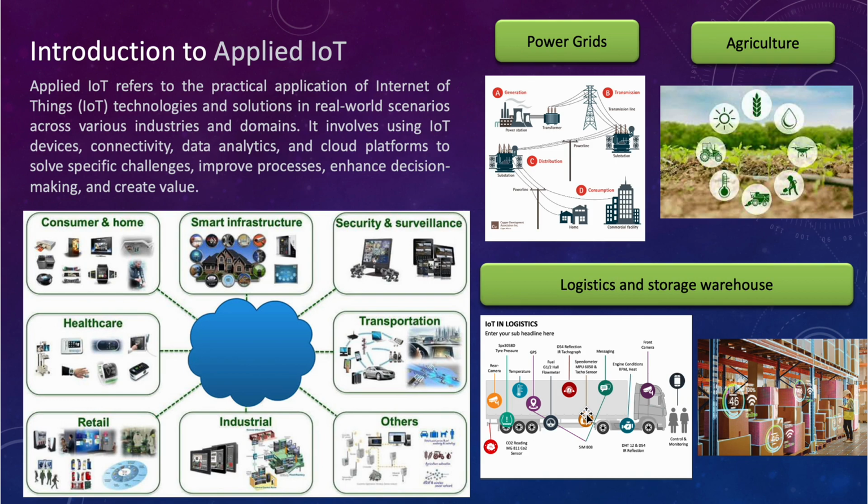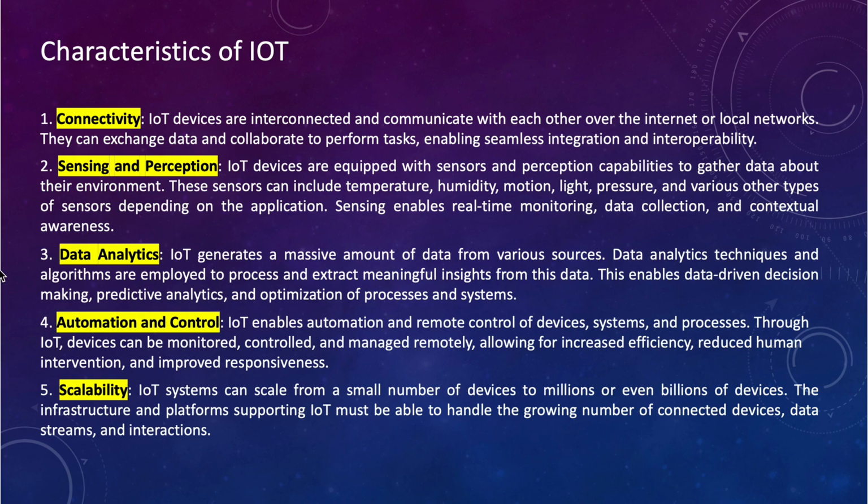We talked about many scenarios. We took an introduction to how these things are being applied, right? And how IoT devices can improve processes and help decision making by collecting necessary data, right? So now